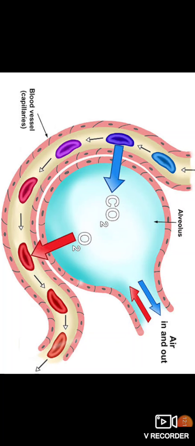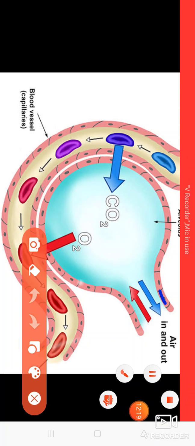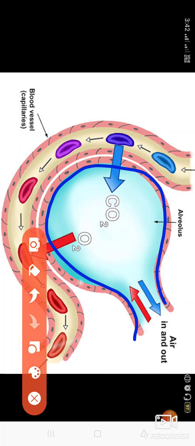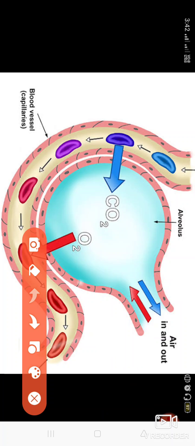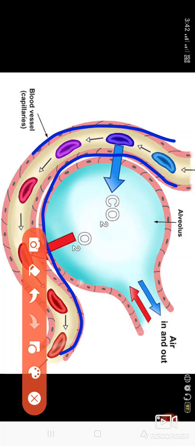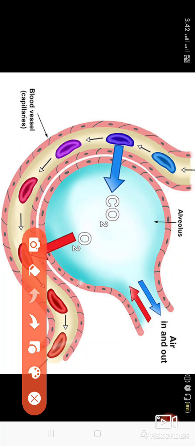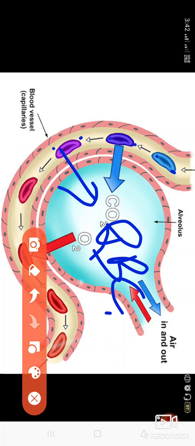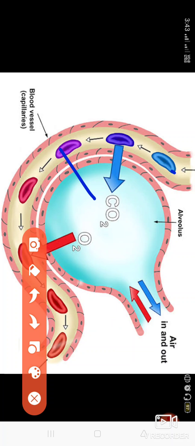Now I think from this it will be very much clear. See, this is one alveoli sac, this one is one alveoli sac, this one is one alveoli sac, and around the alveoli sac the blood capillaries are present. Okay, these are in close contact with the alveoli. So some of the blood, these are the RBCs. Okay, these are the RBCs. So RBCs are bringing the carbon dioxide. See, these are blue in color, meaning these are rich in carbon dioxide.